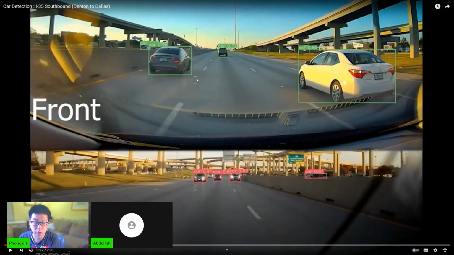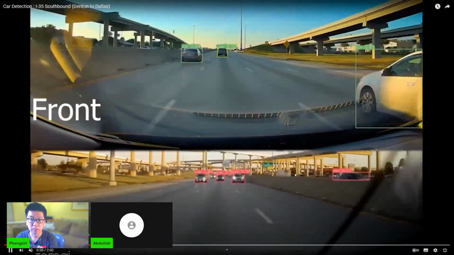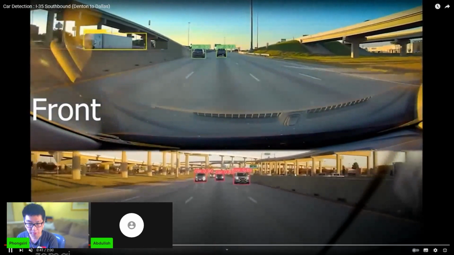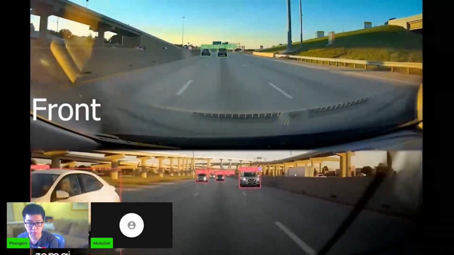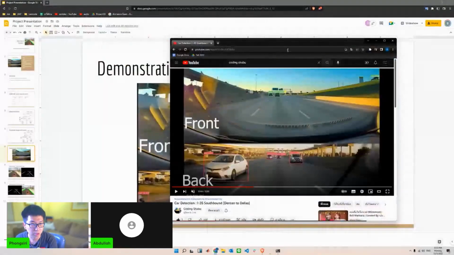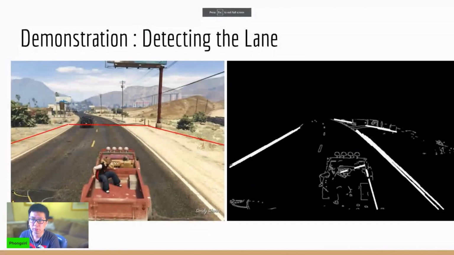We use the pre-trained model in YOLO V7 to see all these objects, and then we just put it here. The reason that we use YOLO V7 is that it can detect multiple objects. And this is the way that we detect the objects. We cannot detect the lane by using this one, so we use the Hough transform and Canny. The next one we use